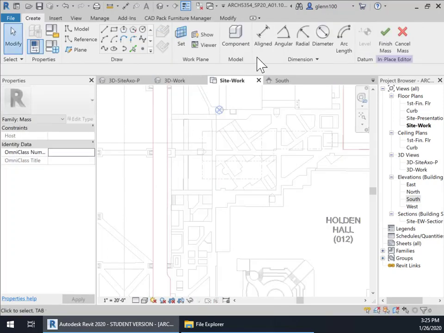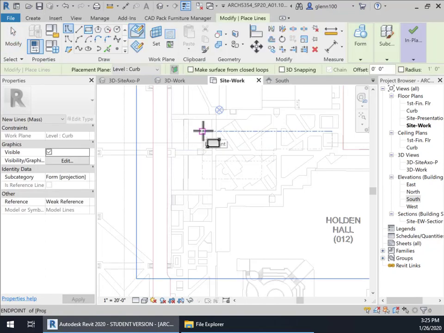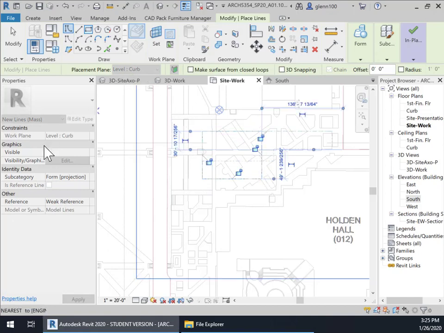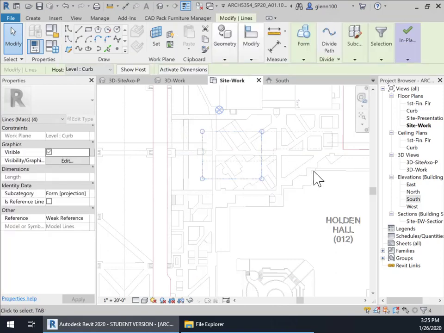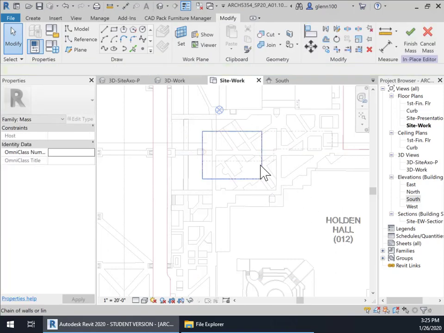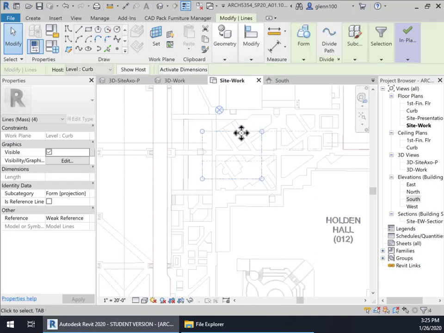Base, BLDG. I like to abbreviate things so the names don't get so long. And I'll call it O1 because I may have multiple base buildings depending on different kinds of orientations I may want. And I'm just going to, once again, use the rectangle command here, draw that. And notice that I'm not worrying right now about, oh, I went into modify, probably shouldn't have. Let's grab that. Okay, now I've got that,